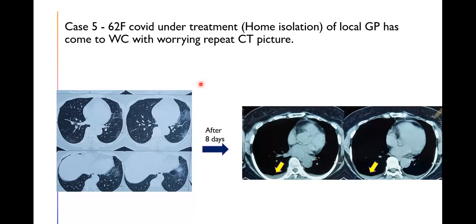And this is one of our iconic cases. Now this is case 5. The previous was actually 4. This is a very iconic case, and from this case, you will get an example of how general practitioners make a mess of the case. This is case 5, 62 female,